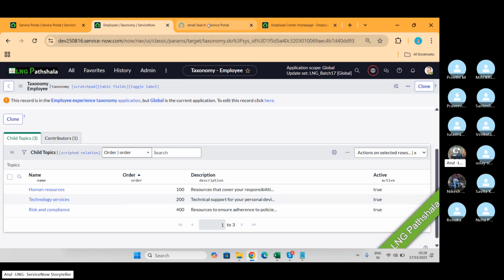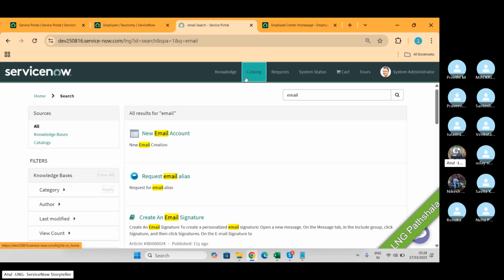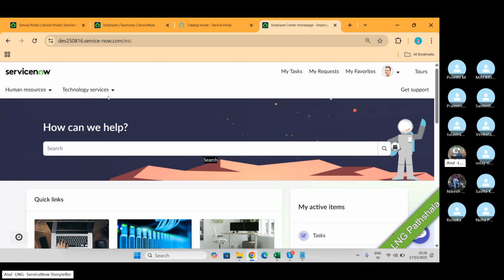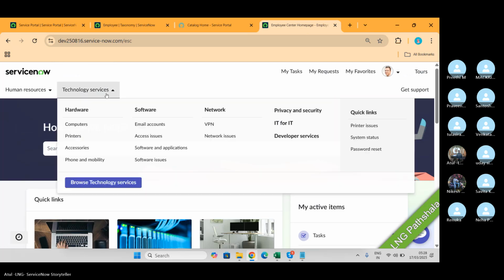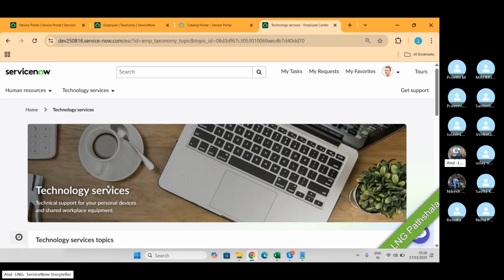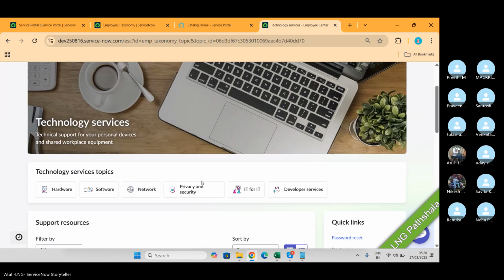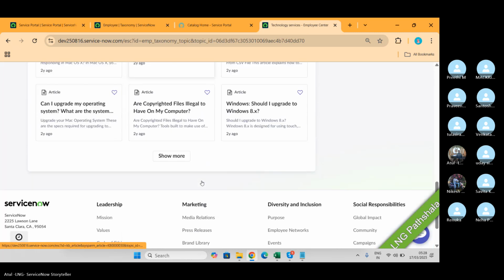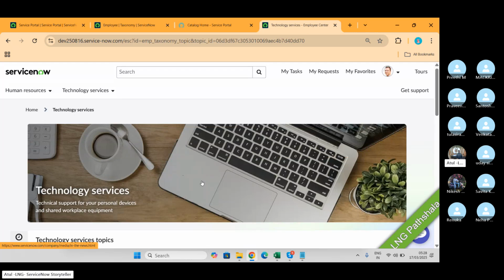So what you're able to see here, like catalog, you can see under the technology as well. Hardware, software, and if you browse, you can see a lot here. The main point is that both portals have been built on two different technologies in the background. So don't compare, कि अतुल इसमें ऐसा क्यों दिख रहा है, इसमें वैसा क्यों दिख रहा है.